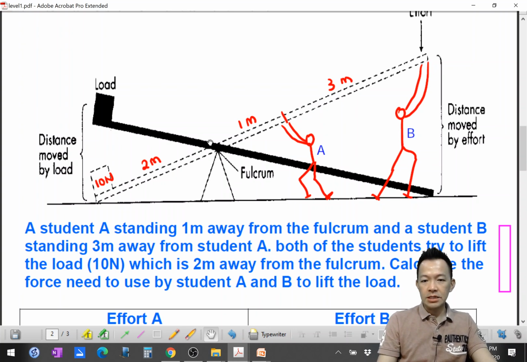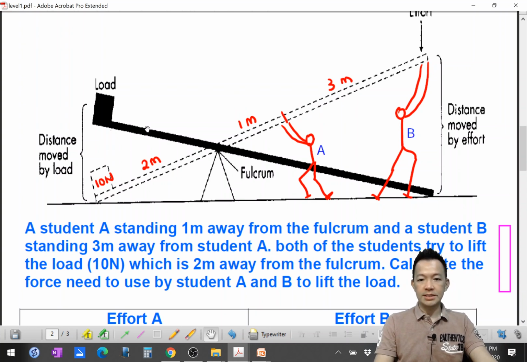When the lever is in equilibrium, load multiplied by